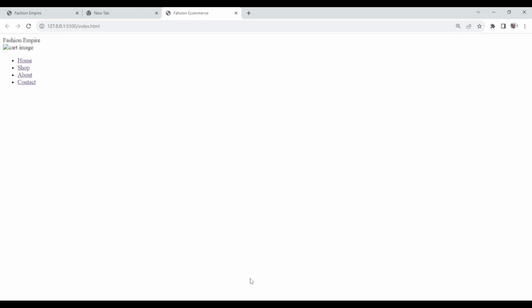Let me go back to the site again and see what you have. So now I have this image. It's not showing, you just have the alt. The alt is showing because we don't have any image yet. So this is the logo. This is the URL we just created now. So what I'm going to do next is, I think we should finish up, let's quickly finish up this HTML before we go to